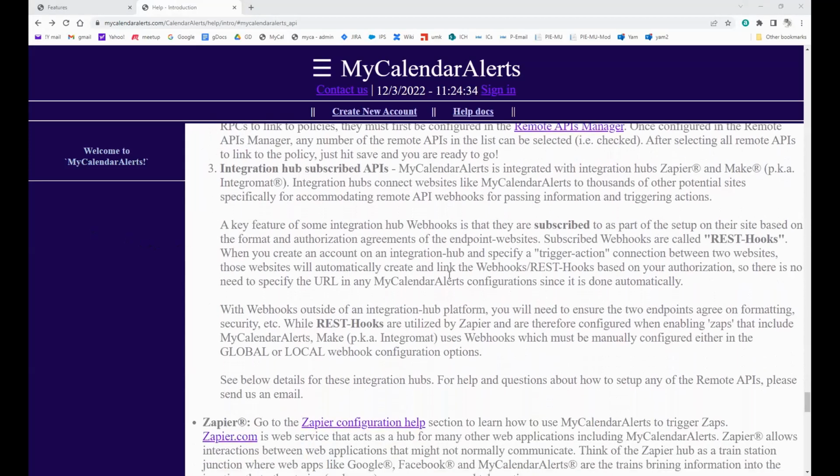So scrolling down, besides specifying webhooks in configuration forms for global execution or link to policies for local, webhooks can be configured in MyCalendarAlerts integration hubs of either Zapier or Make. In these cases, the webhooks are made global and automatically linked to all policies, similar to specifying webhooks in the configuration form. In all cases, your policies are the rules which trigger the webhooks, as well as trigger reminder alerts